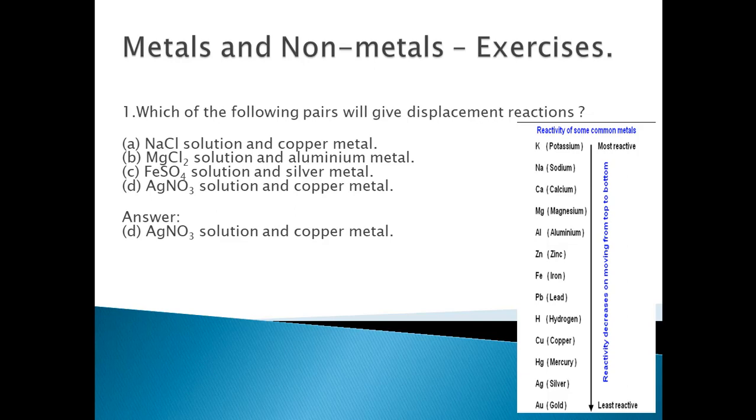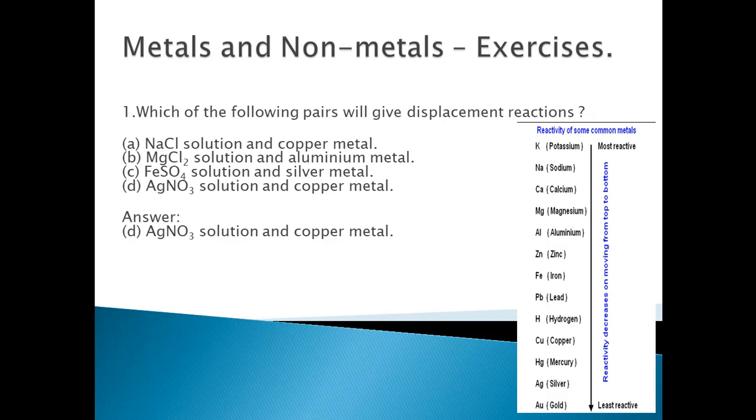So we are going to do the exercises of metals and non-metals. Okay, page number 56. Alright. So the first question is, which of the following pairs will give displacement reactions? Okay. So 4 choices are given: sodium chloride and copper, magnesium chloride and aluminium, ferrous sulfate and silver, silver nitrate